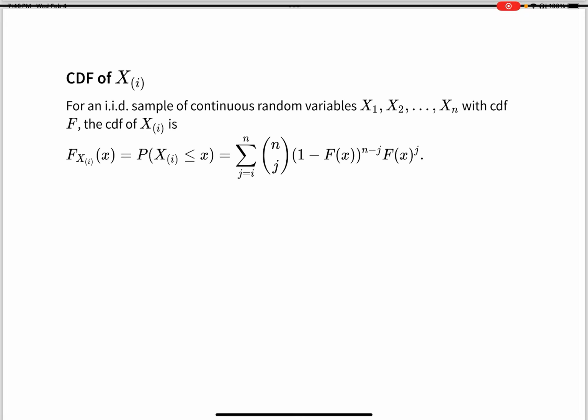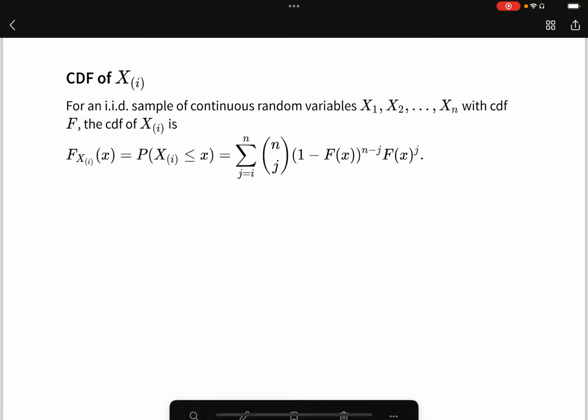In this video, we're going to derive the cumulative distribution function of a single order statistic Xi. So let's assume that we have an IID sample of continuous random variables X1 to Xn. They all have a common CDF, capital F. In that case, the CDF of the ith order statistic